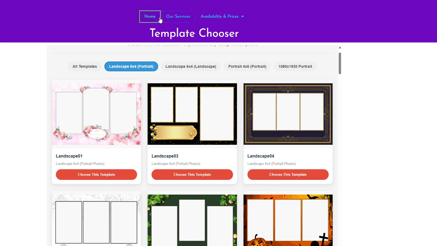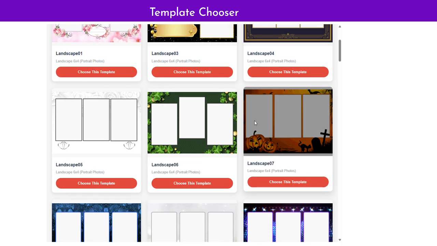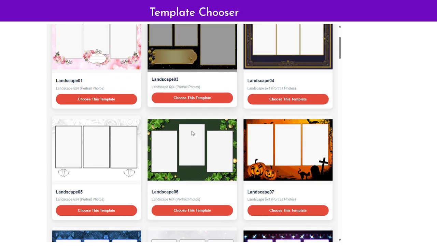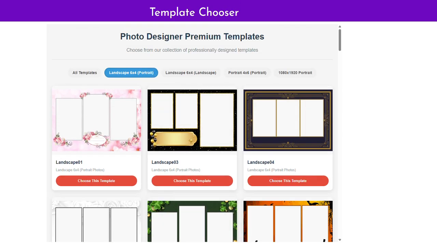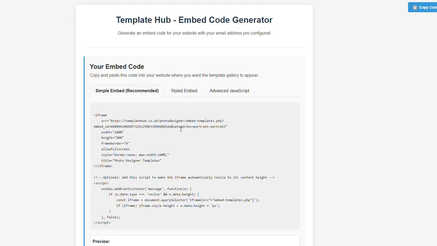Okay, you won't get that at the top, that's part of my actual website, but they will see your design within your website, and they don't leave your website when they choose a template. Okay, the other good thing about this is if you have not got a website, you can still use the